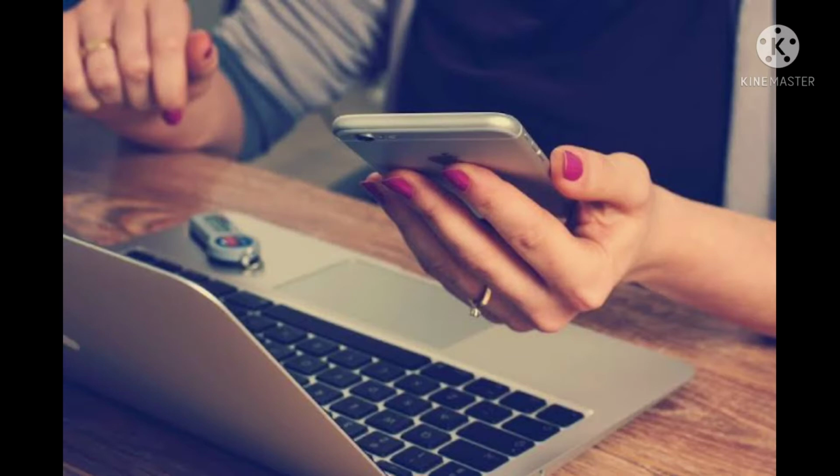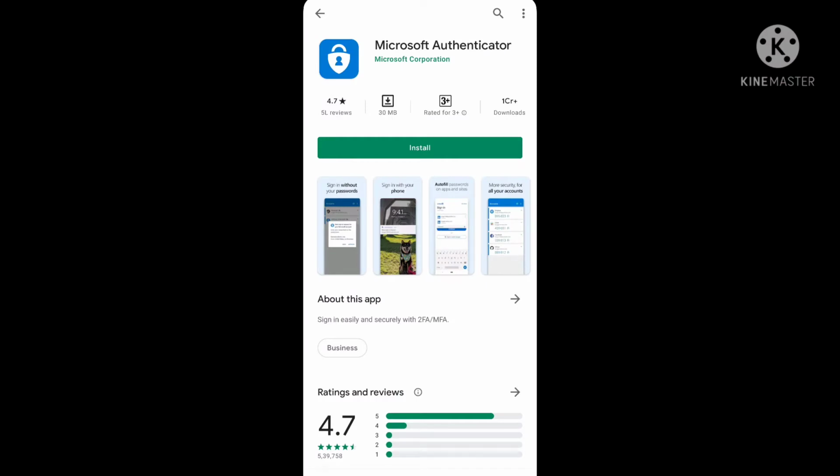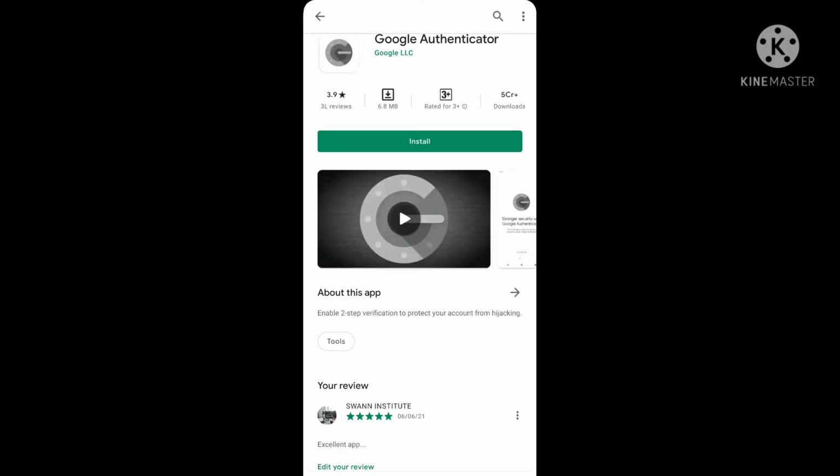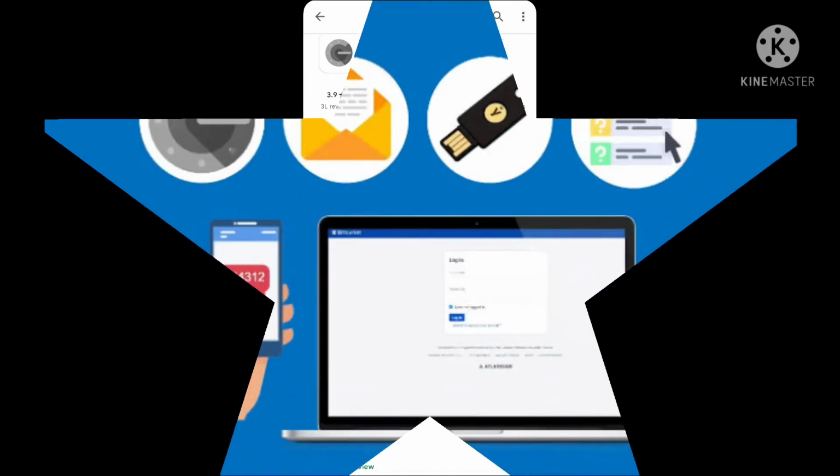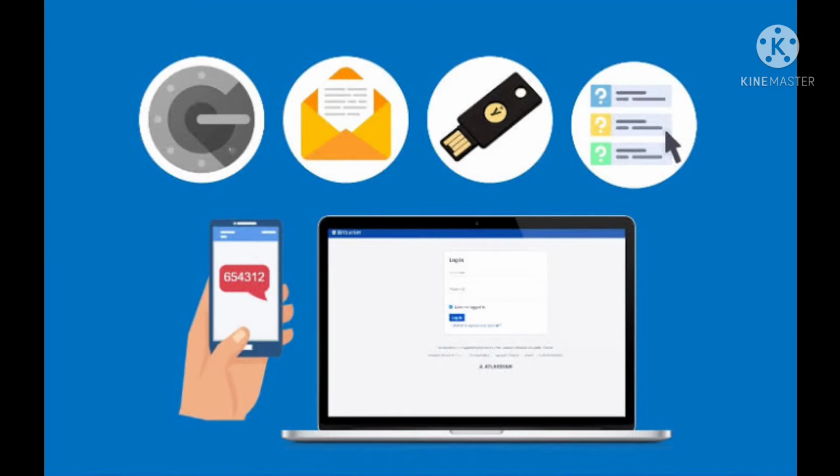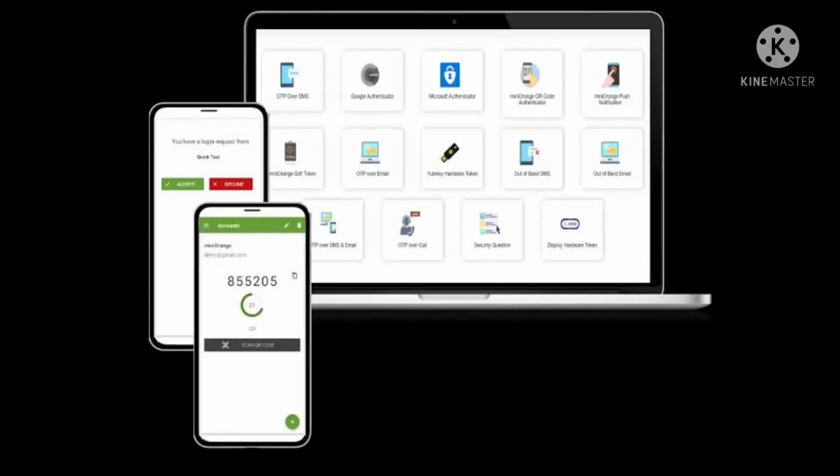For this purpose we have to install a few apps from the Play Store, like Microsoft Authenticator, which will give you time-based OTPs. Along with that, another app is Google Authenticator. I prefer this app, which is very comfortable to get the TOTPs when compared to Microsoft Authenticator. So you can also try the Google Authenticator. A few more applications are there, so it is better to go with this app. There are many apps available in the Play Store.